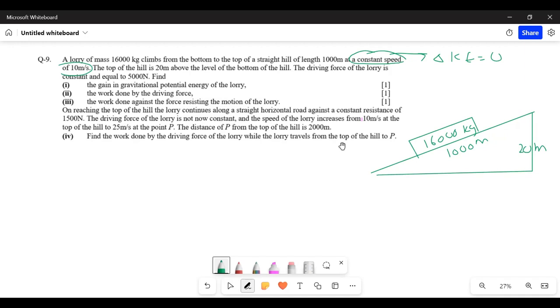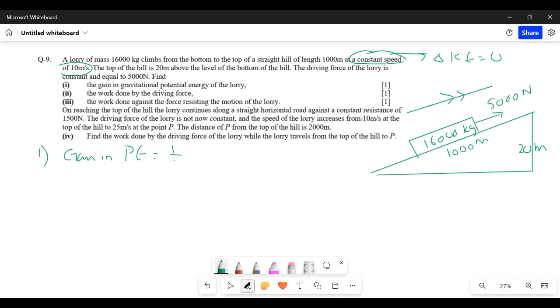The driving force of the lorry is constant and is equal to 5,000 newtons. Okay, so now this driving force, because the lorry is going upward, the driving force will be upward, 5,000 newtons. Find the gain in kinetic and potential energy of the lorry. Okay, so change in potential energy or gain in PE would be